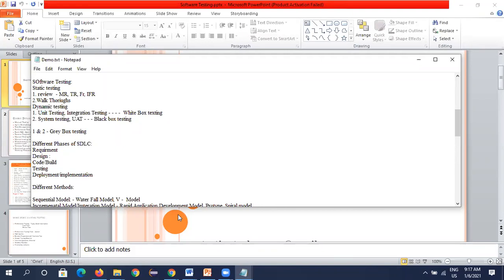And in UAT testing we have two types of testing, one is alpha testing and another is beta testing. So alpha testing is like we invite the end user or domain expert or subject matter expert to the development center, and they do testing there, in a live environment created in the development center. So that is called alpha testing. And coming to beta testing,